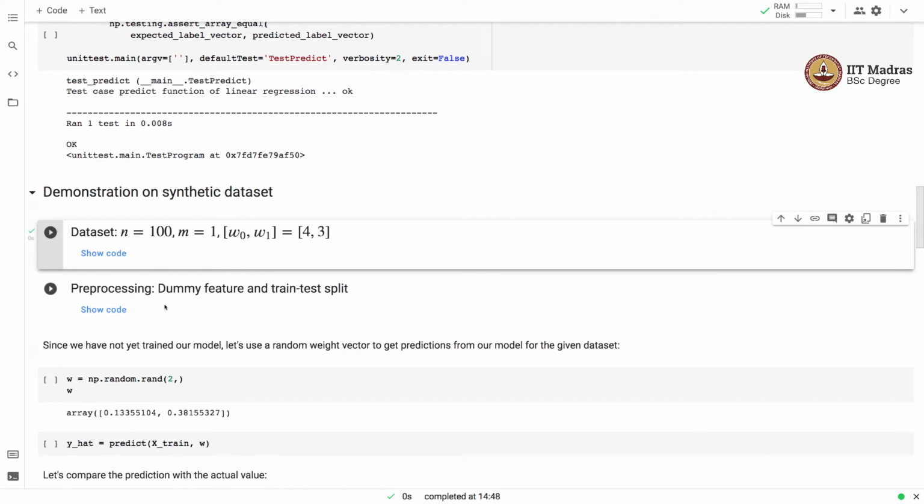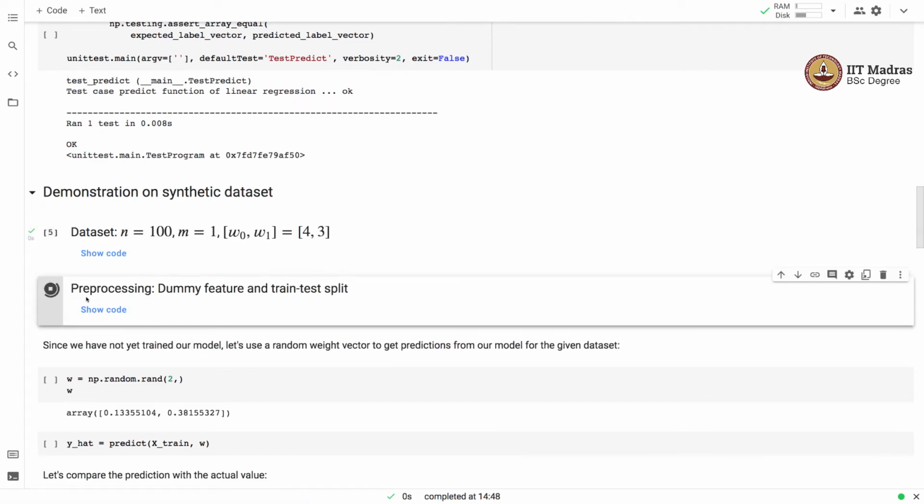So let's generate the data set, and we add the dummy feature, and we perform train test split. Since we have not yet trained our model, we will use a random weight vector to get predictions from our model.